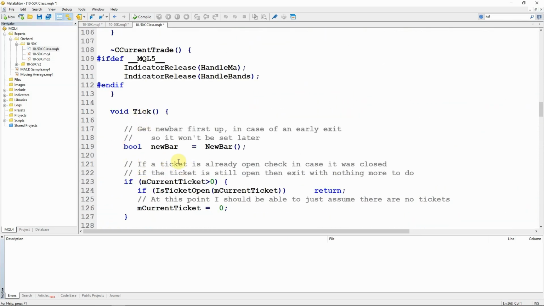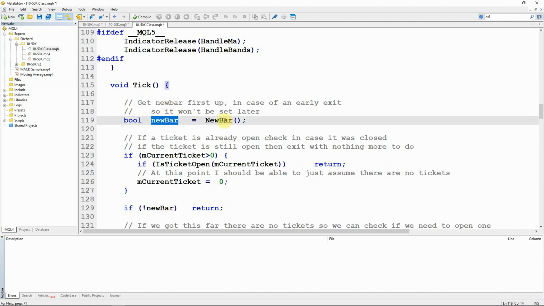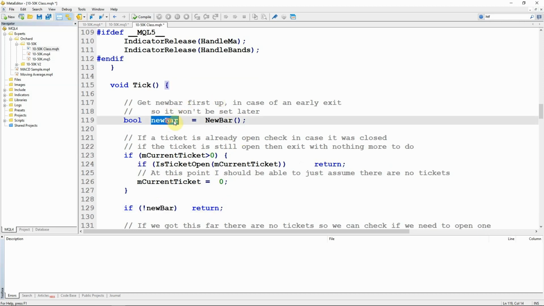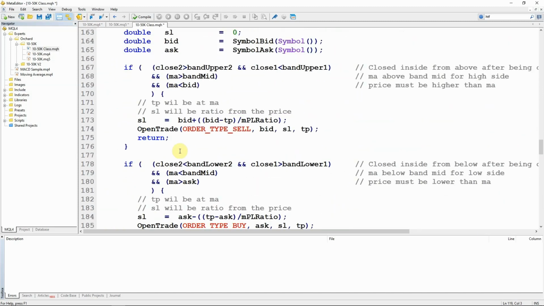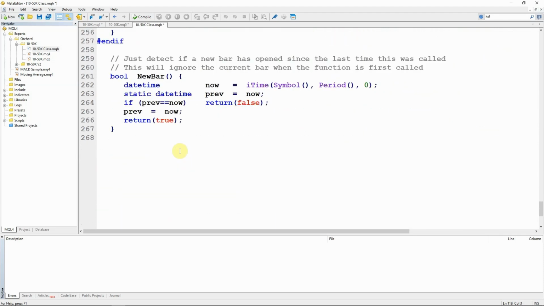Remember I said at the very beginning of each tick, I'm going to capture a value, a variable I'm calling newBar with lowercase n, which is the value from the new bar function. So when I do get the very first tick of a new bar, this will be true. Even if I exit at this point, the next time I loop in here, this will be false because it's not the very first tick of that new bar. And then we will exit here. So that's why I've placed this statement at the very beginning of the tick section, because new bar will only return true once at the very beginning of a new bar.